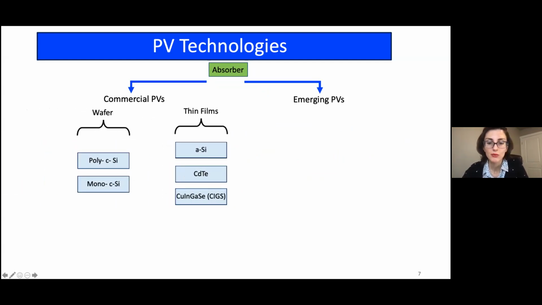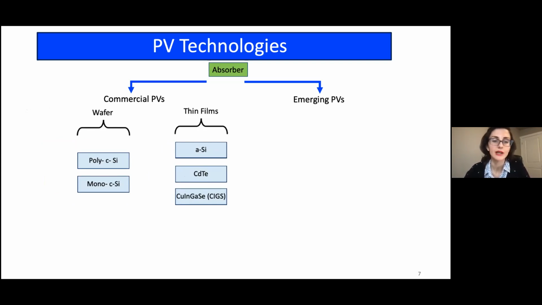Regarding the commercial PV technologies, there are wafer-based technologies and thin film-based technologies. Wafer-based technologies contain polycrystalline silicon and monocrystalline silicon, and in the thin film category, we have amorphous silicon, cadmium telluride types of PVs, and copper indium gallium selenide, which is called CIGS or CIS types of